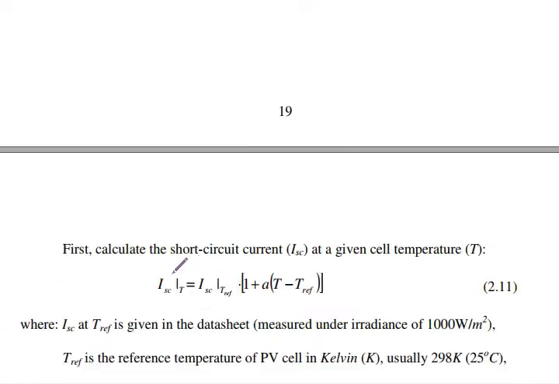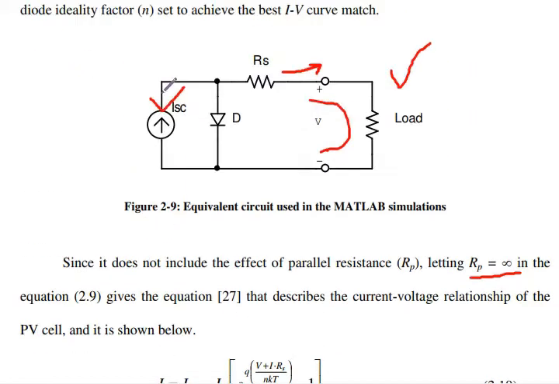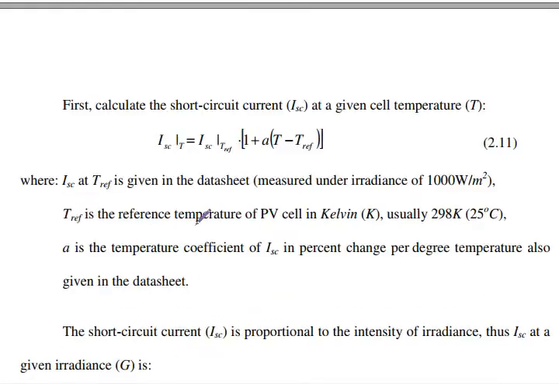So the I short circuit is taken from the data sheet as a constant value, but it's dependent on the temperature and the irradiance. At the reference temperature, the value of the short circuit current is given by this equation, taken from the data sheet. At any instant temperature T, we subtract the reference temperature, multiply by the coefficient, and we can calculate the PV ideal current, represented by ISC, the photovoltaic current of a cell of a PV module at any temperature T.